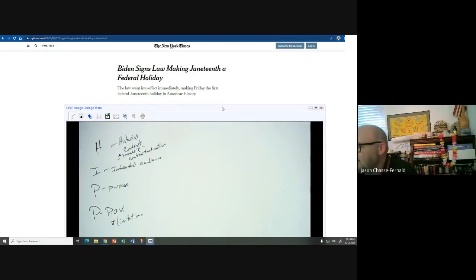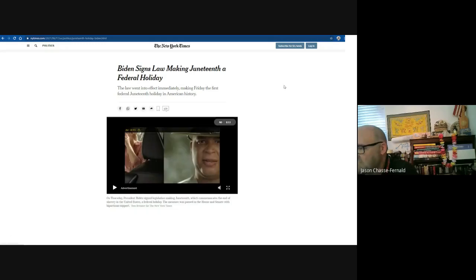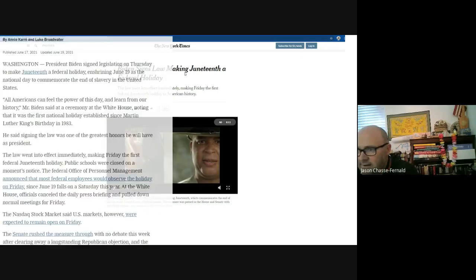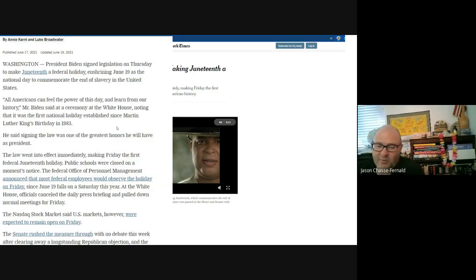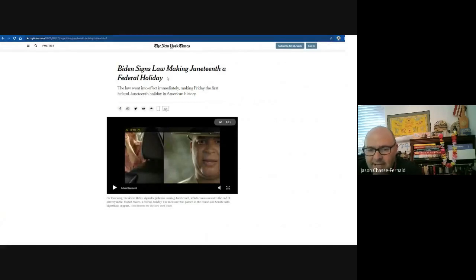And just as far as point of view is concerned, if I were sourcing the New York Times for point of view here, let me just say this. When I Googled Juneteenth, because I wanted to use a modern holiday, a more recent holiday that had been created, I was very happy to find the New York Times, because it's the same source that we'd use on the other one. When I clicked onto it, I was a little surprised because I was able to access the entire article, as somebody who does not have a web-based subscription to the New York Times.